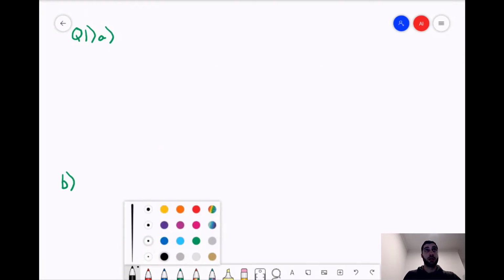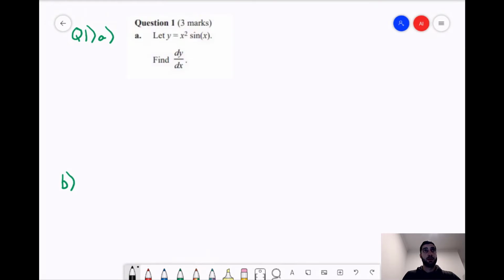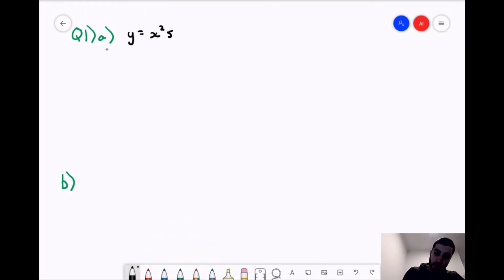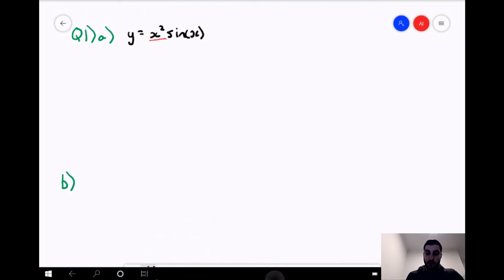So the question states, let y equal x squared times sine x, and we want to find dy dx, so obviously the derivative of that. So let's just quickly write out the question again. x squared sine x. So hopefully you guys can identify straight away that we're expected to use the product rule, because we've essentially got 2 different functions here. We've got the x squared and we've got the sine x. So the form of